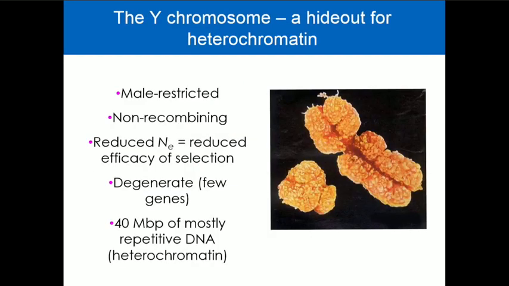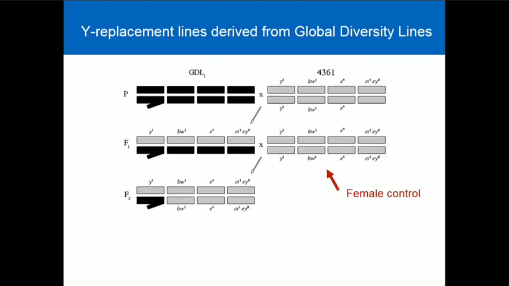And so it turns out the Y chromosome is a terrific tool for this, because the Y is mostly heterochromatin in many organisms. In Drosophila melanogaster, the Y is 40 megabase pairs, and it's probably 90% heterochromatin. And it's male-restricted, non-recombining, all this stuff, but it's huge and mostly heterochromatin. That means you can titrate the amount of heterochromatin in a genome by crossing in extra Y chromosomes, or by now if you just compare across lines, you can actually compare the effects of having different amounts and structures of heterochromatin as you vary from one Y chromosome to another.